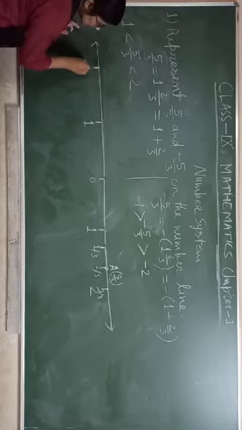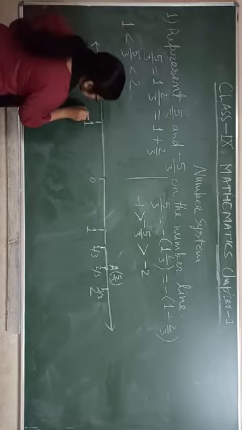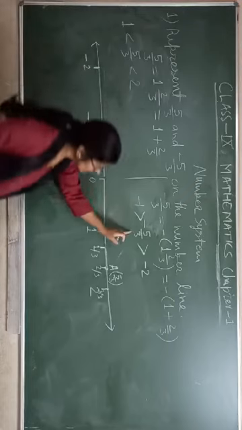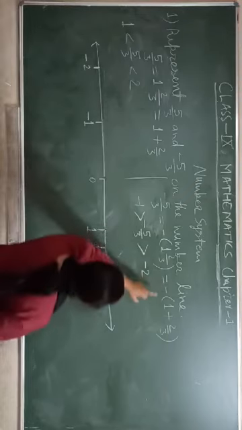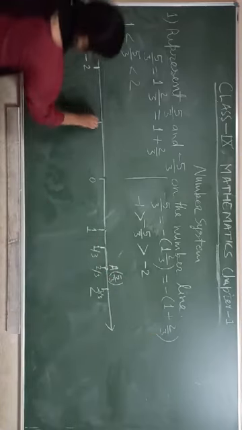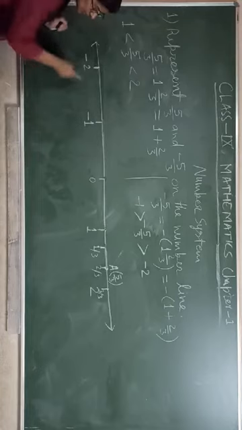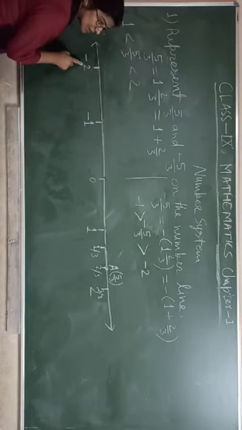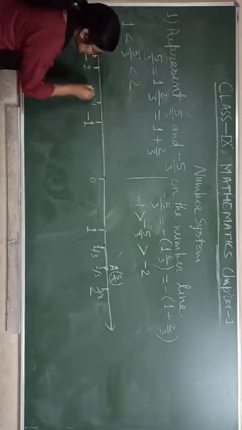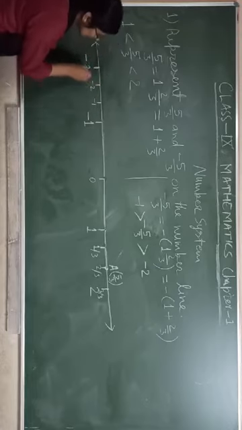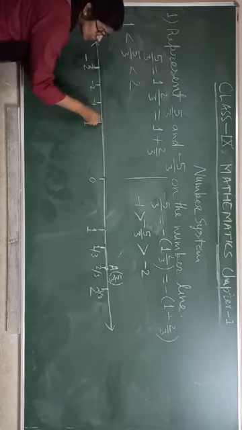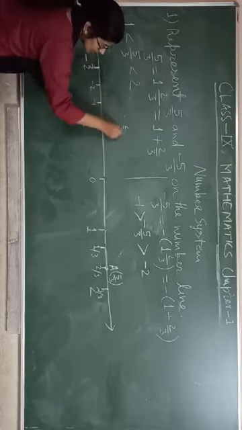Here we will draw 2. This is the negative side, so this is minus 1 and this is minus 2. So look where it will lie. Minus 1 whole is completed and then minus 2 by 3. So minus 1 whole is here. Again we will use the same method. In between minus 1 and minus 2 we will draw 3 equal lines. Minus 1, minus 2 and this is minus 3. This one we count as 0 for minus 2 by 3.